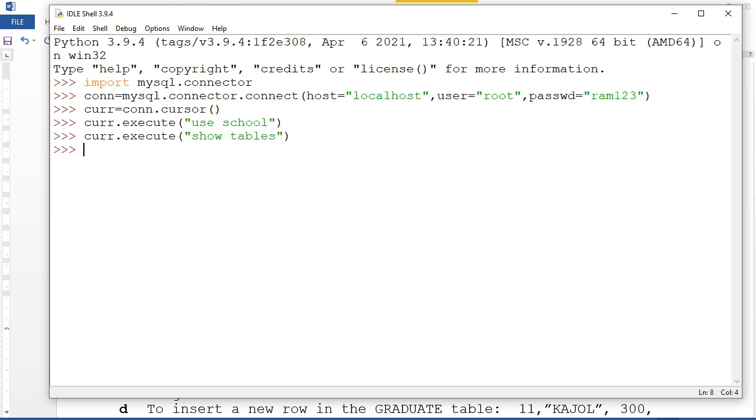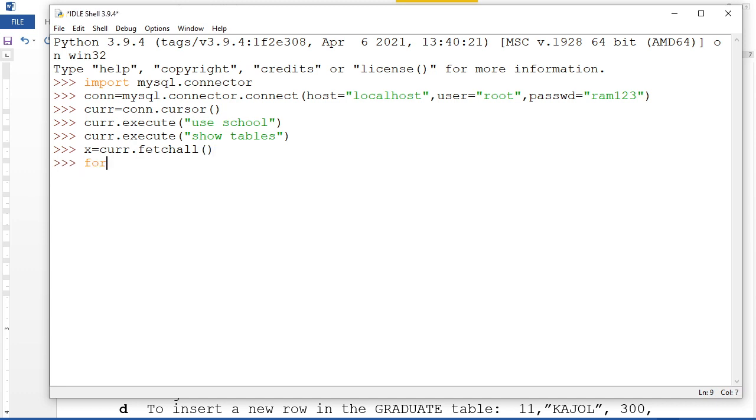So what am I going to do for that? x is equal to cursor dot fetch. A variable you select here, and that variable is going to be printed. So let me select the variable x and a for loop with i, understand, or y. So common understanding: x equal to, I'm going to write here cursor dot fetchall.